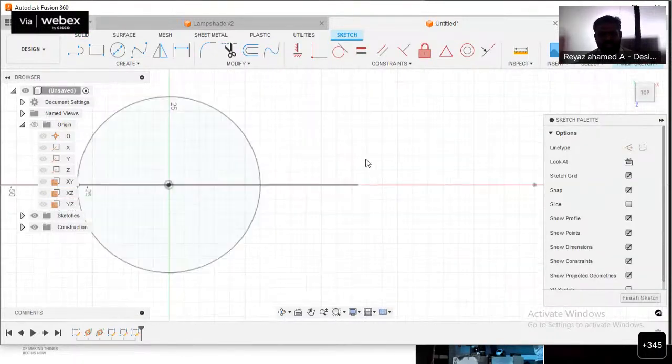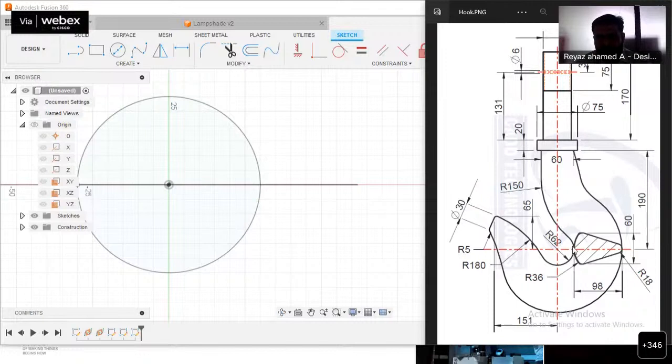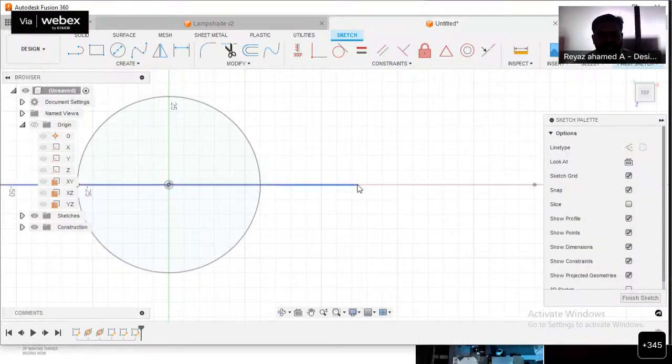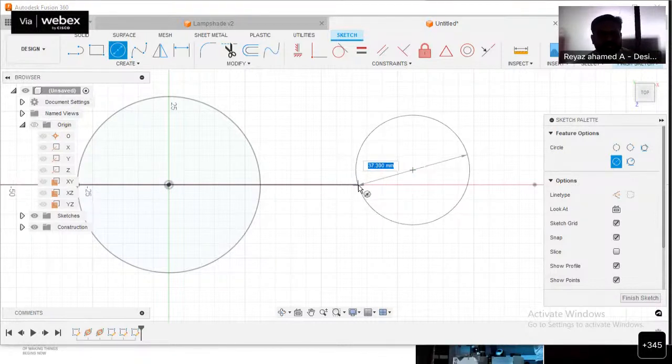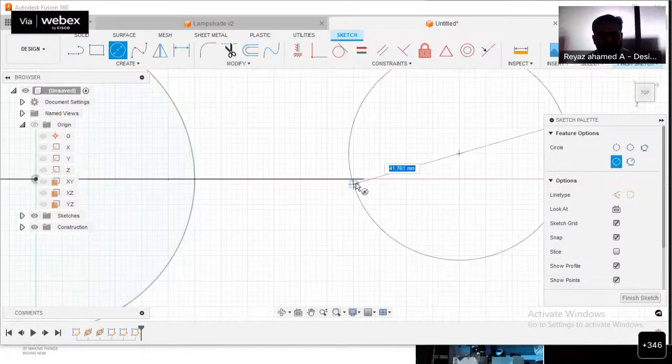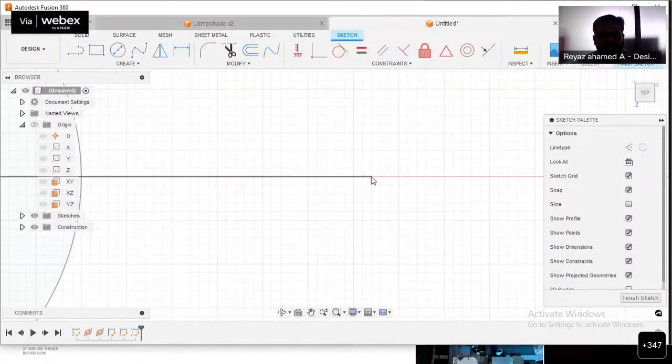I have to create my cross section outside this area, because our path is here. So outside this path only, we have to create the cross section. This is the path end portion, so we have to create the cross section over here. We have to know about this end point. If I go with the circle, this point is not highlighted. It is not getting shown. It should be shown, then only we can easily create the drawing after this endpoint.